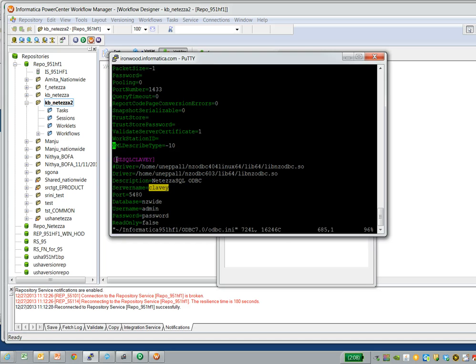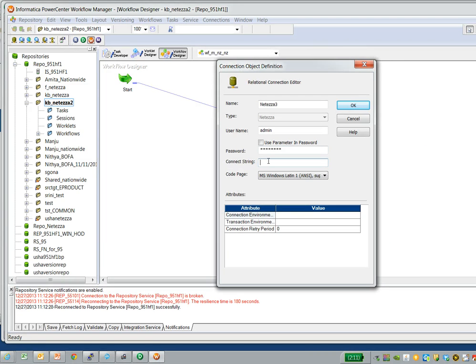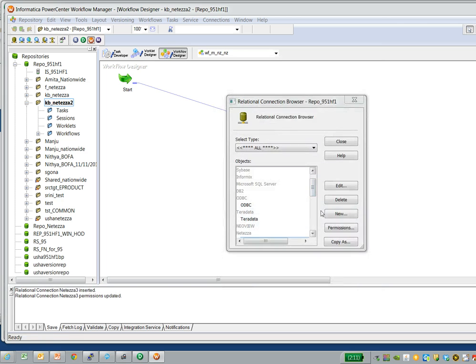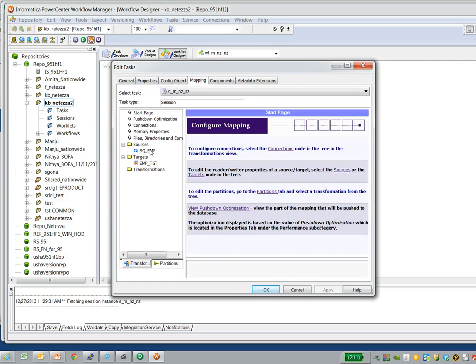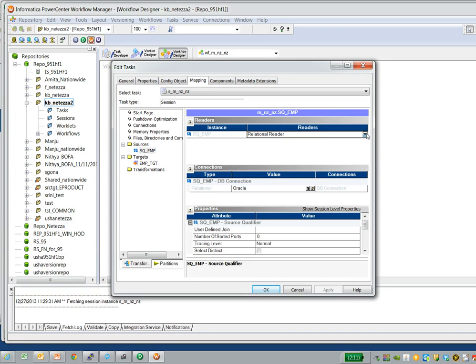So this NZ-SQL clavy is how we relate to the connection that we had created on the server side, and we're going to use that to create the relational connection here. That's done. Now we are ready to use that connection in our mapping. For the source, you are provided with two choices: relational reader and Netezza bulk reader. Netezza bulk reader, as the name indicates, is going to leverage the bulk reading capabilities. I'm going to choose that